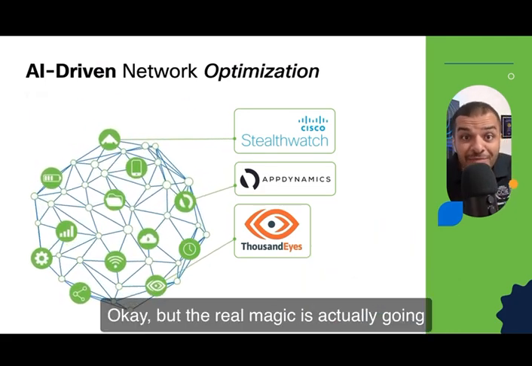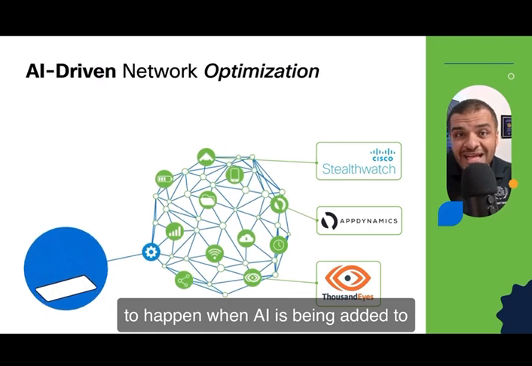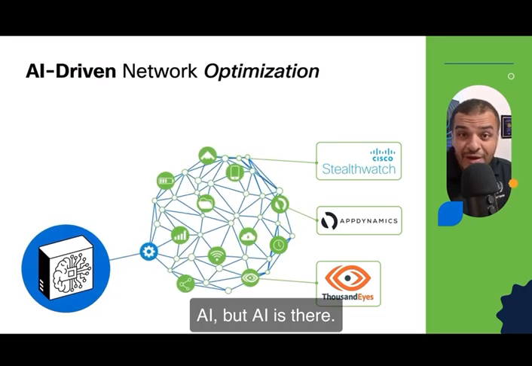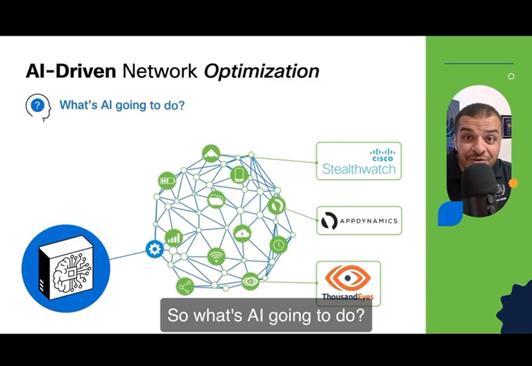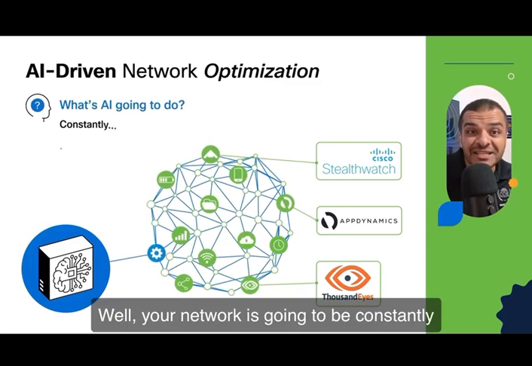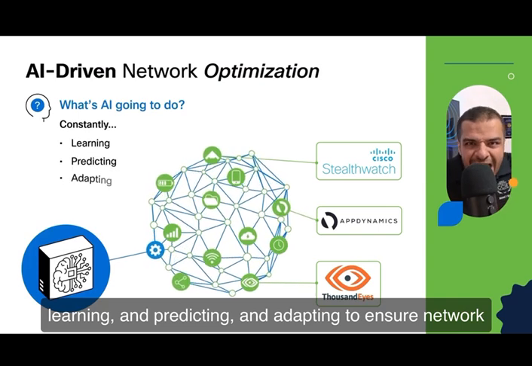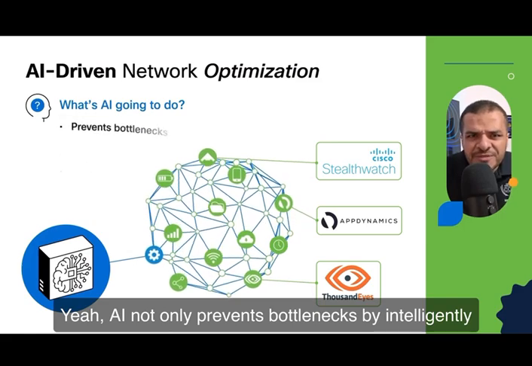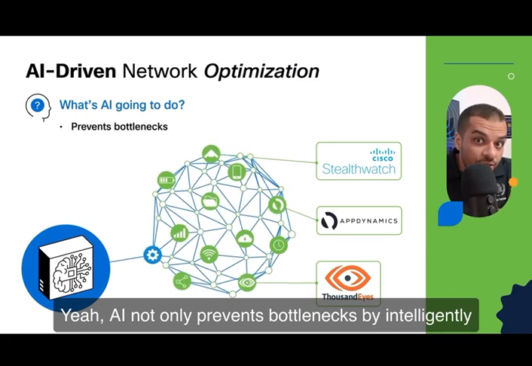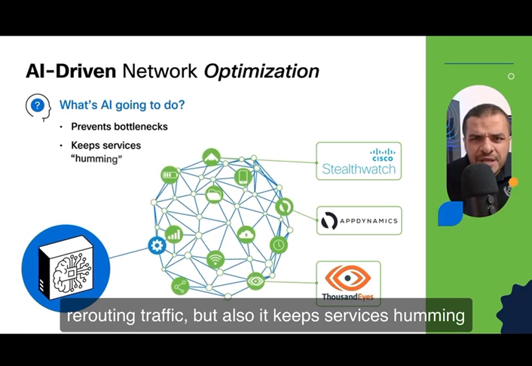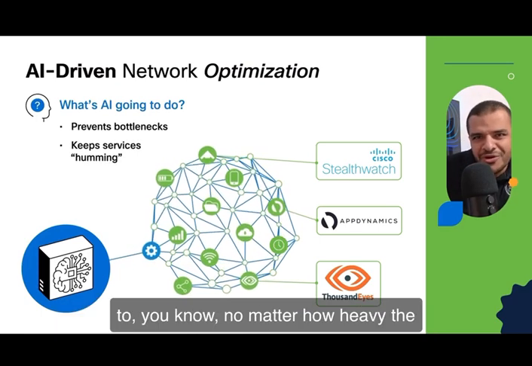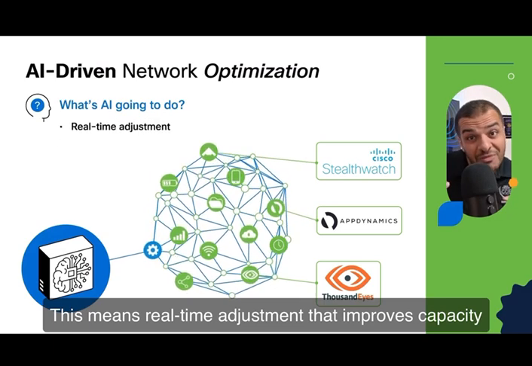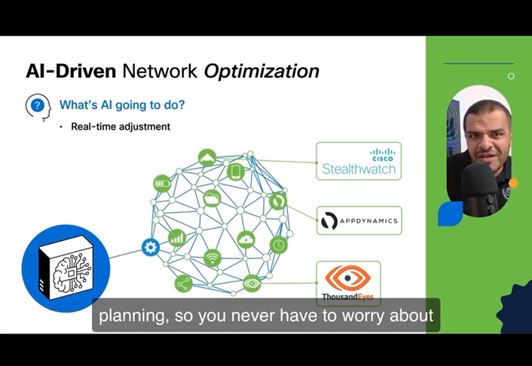Okay, but the real magic is actually going to happen when AI is added to the mix. That's just AppDynamics, ThousandEyes, and Cisco Stealthwatch without AI, but AI is there. So what's AI going to do? Well, your network is going to be constantly learning, predicting, and adapting to ensure network reliability. AI not only prevents bottlenecks by intelligently rerouting traffic, but it also keeps services humming, no matter how heavy the load is. This means real-time adjustment that improves capacity planning,